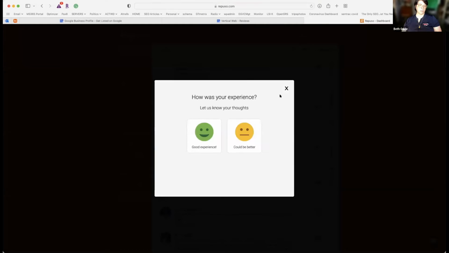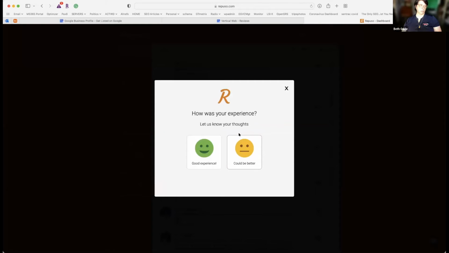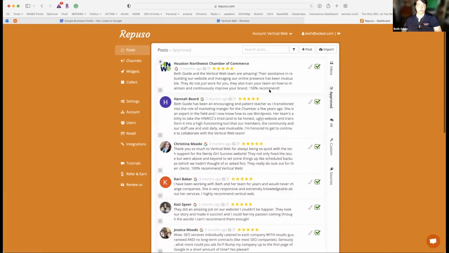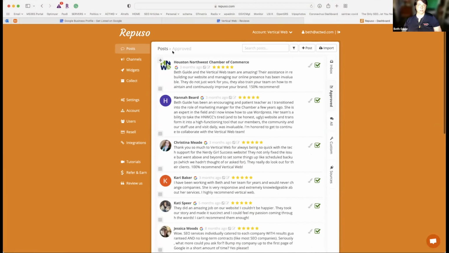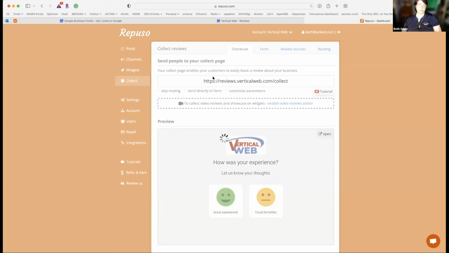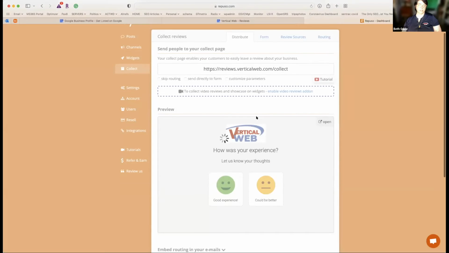It lets me put out stuff that says review us. It gives me a QR code. It gives me a place to land people. I actually have a web address with them that reviews go to, so I can put them all together and pull them all together. So you can see they all show up over here. I'm most interested in the collect part because, like I said, it gives you an address to collect from that you can put out.